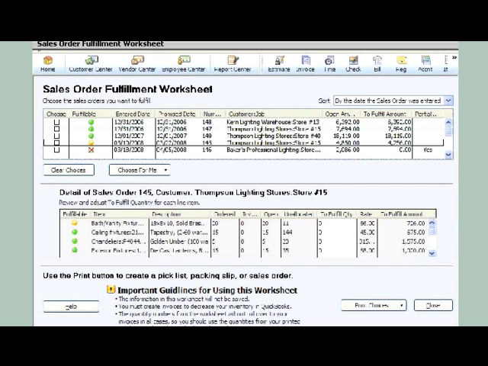order. To illustrate partial order fulfillment, take a look at the selected order, number 145 for Thompson Lighting Stores. As you can see in the bottom table, you have enough inventory to fulfill every part of this order except for the bath and vanity fixtures. The customer wants 20, but you only have 11 available or unallocated. If the client wants the 11 you have on hand and is willing to wait for the other 9, just